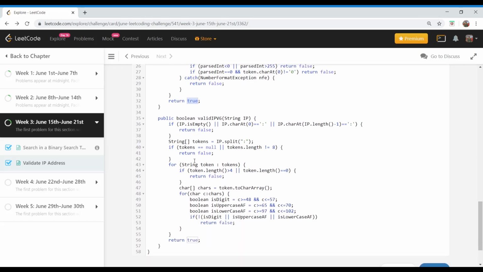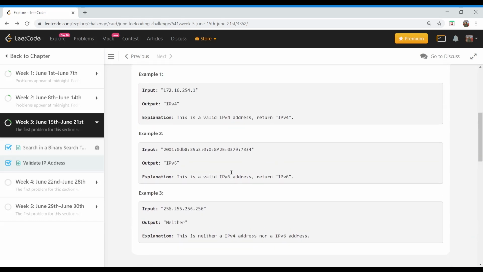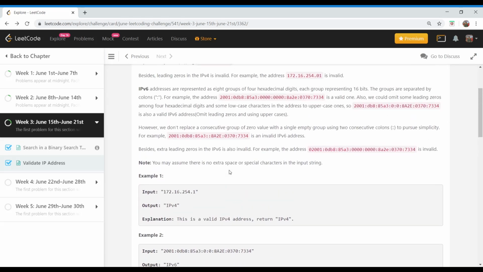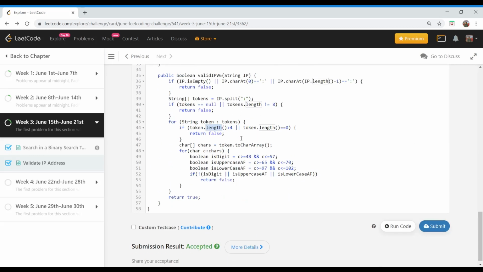Now let's look at the logic of validating IPv6 tokens. In case of IPv6, we are again traversing all the tokens. We are checking if the token's length is equal to 0 or greater than 4. We saw that in case of IPv6, we are expecting these tokens to be of length 1 to 4. So we are validating if we are following this constraint or not.